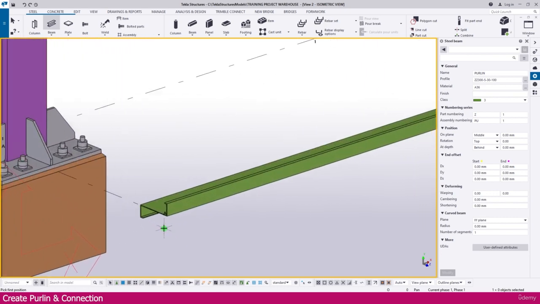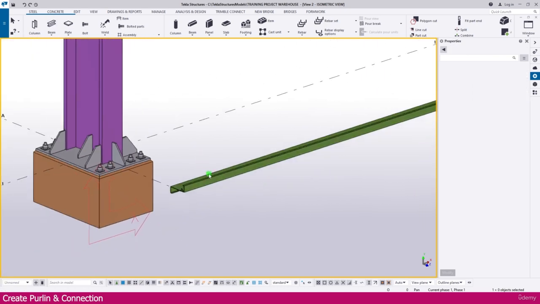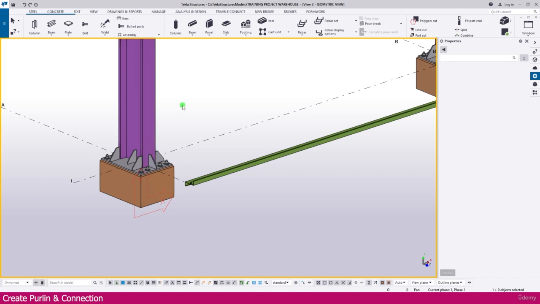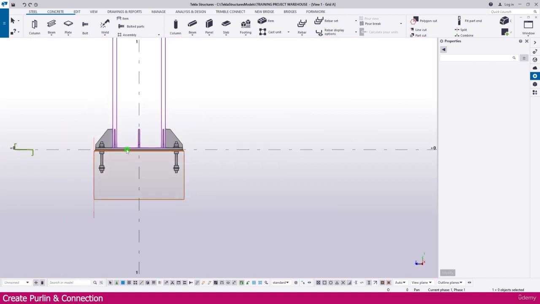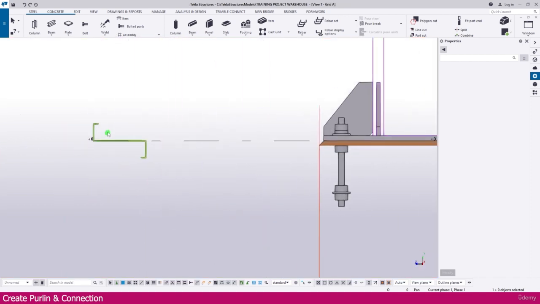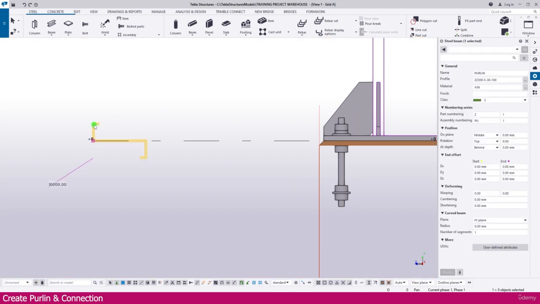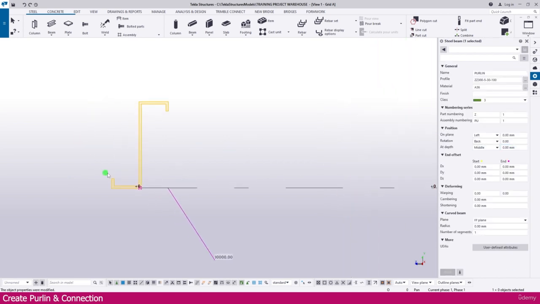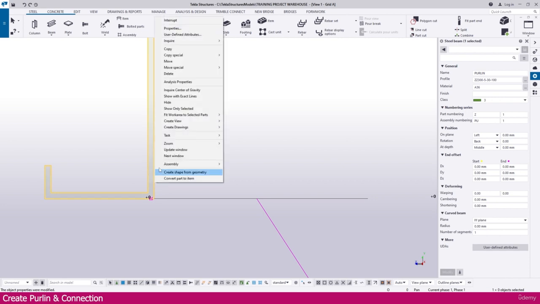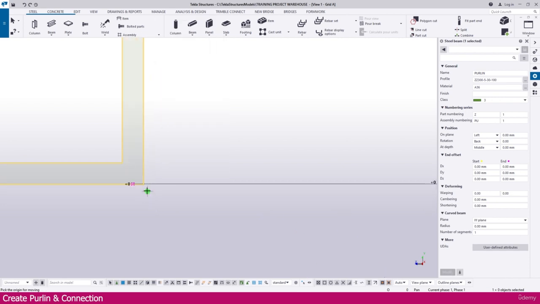Here it is placed. Now go to the grid A, press Ctrl Tab, it will go to the next view. Already we opened, so you can see here. Select this one. Now go to the rotation, I just make it 90, then enter. Here it is created. Then right click, move, click this point,